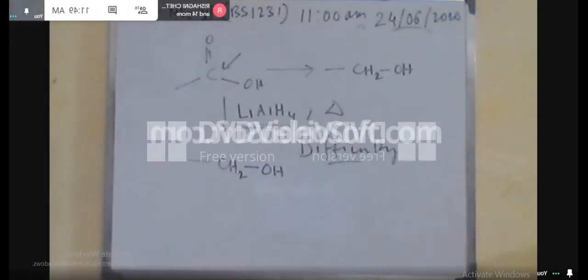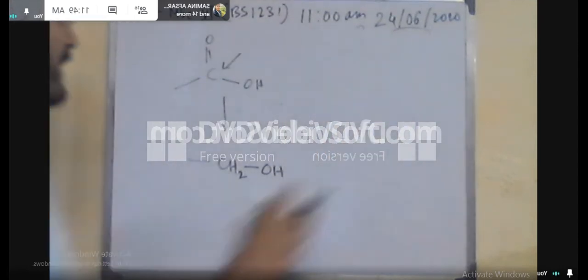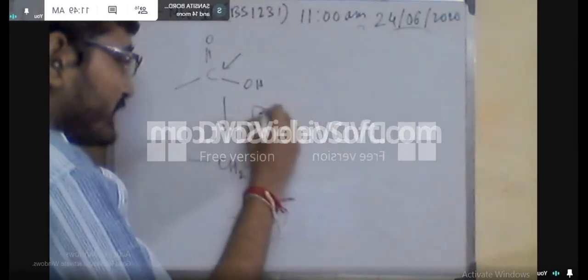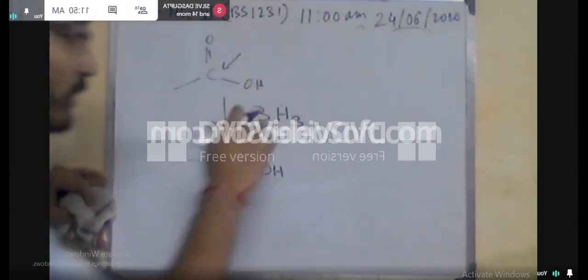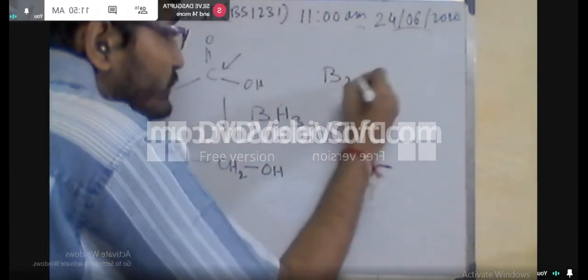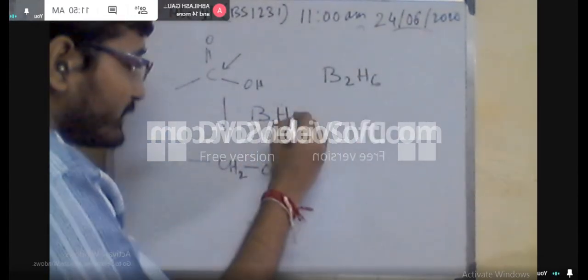Okay. So now in this case, if I write the structure this way, CO2H, CO2Me, say you want to convert it